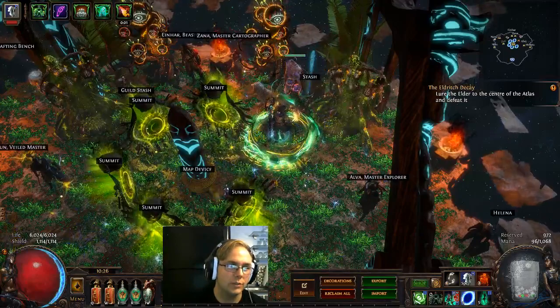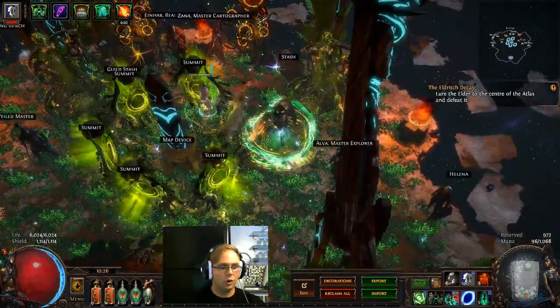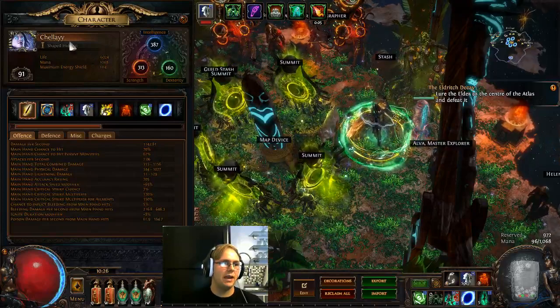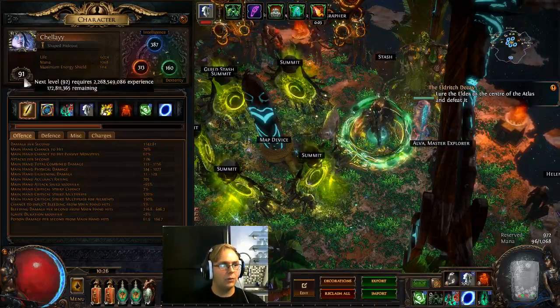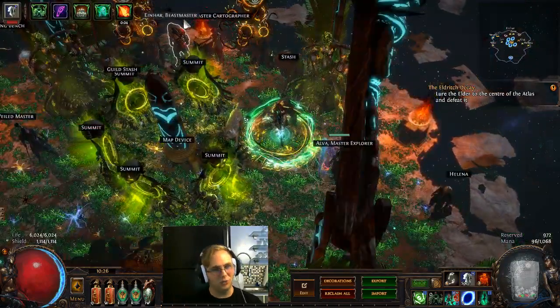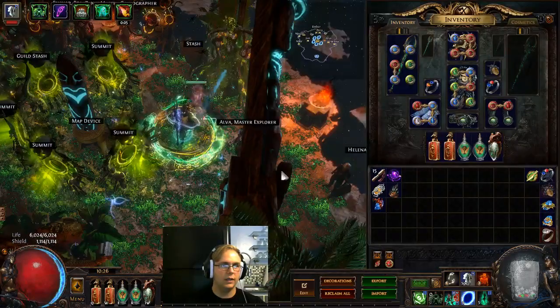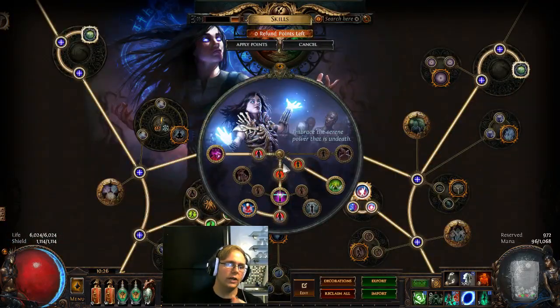So this is going to be our next build guide video for 3.7 Legion. This is my Soulwrest Phantasm Necromancer. Level 91 right now, and this build is so ridiculous. It's a freaking blast. So let's go over the passive tree real quick so you guys can see what we're